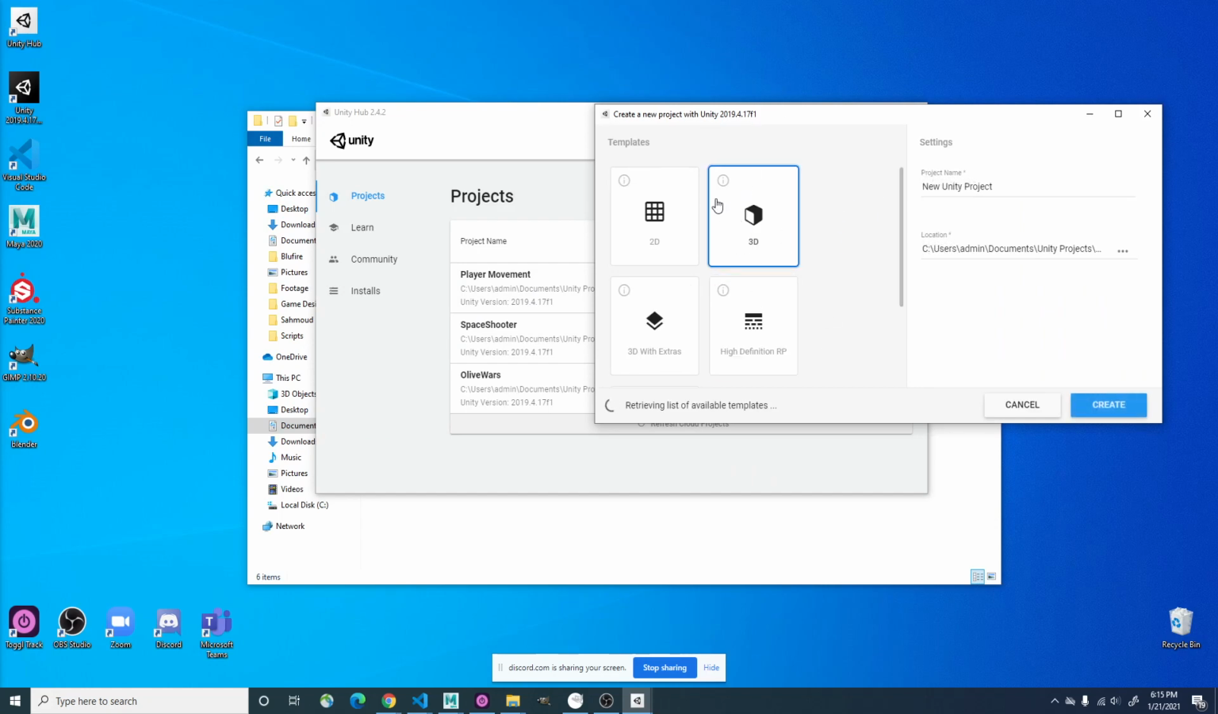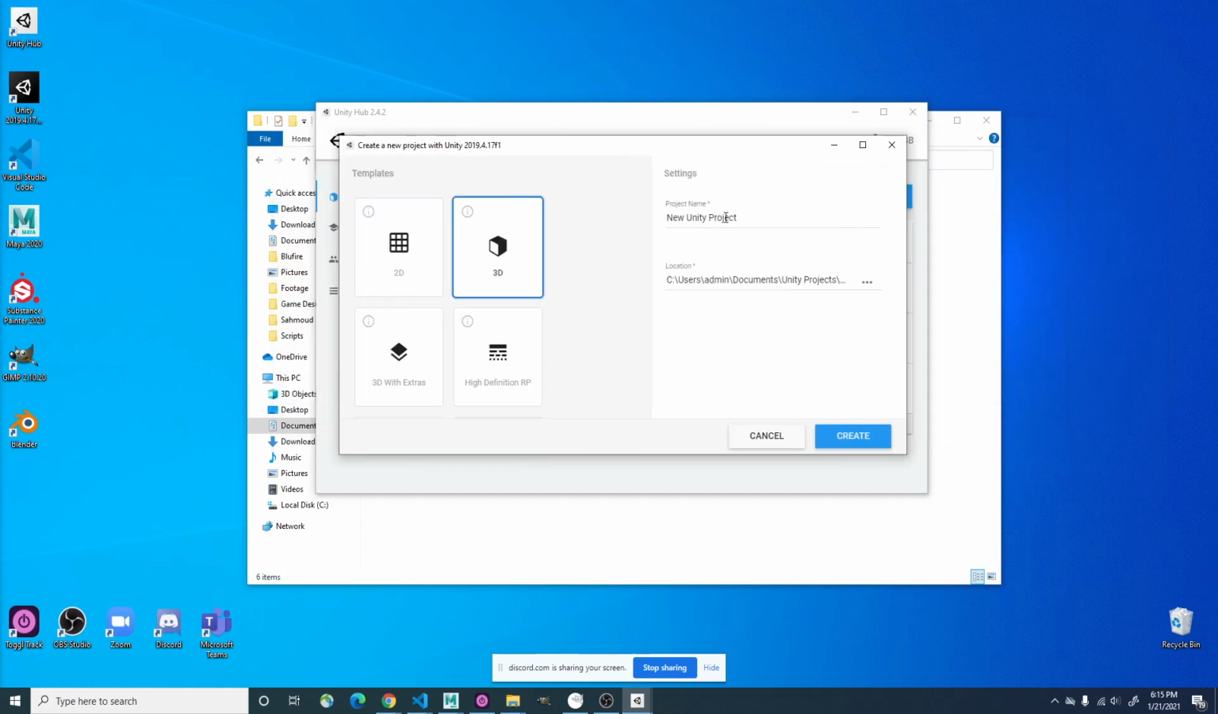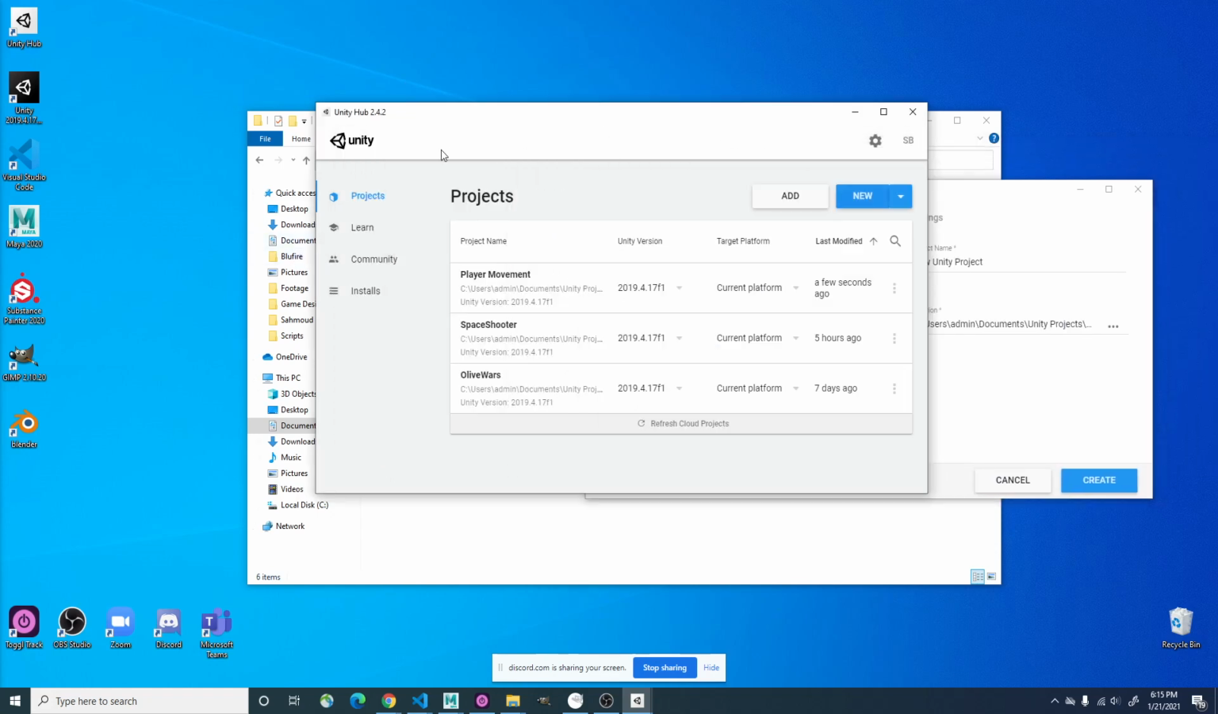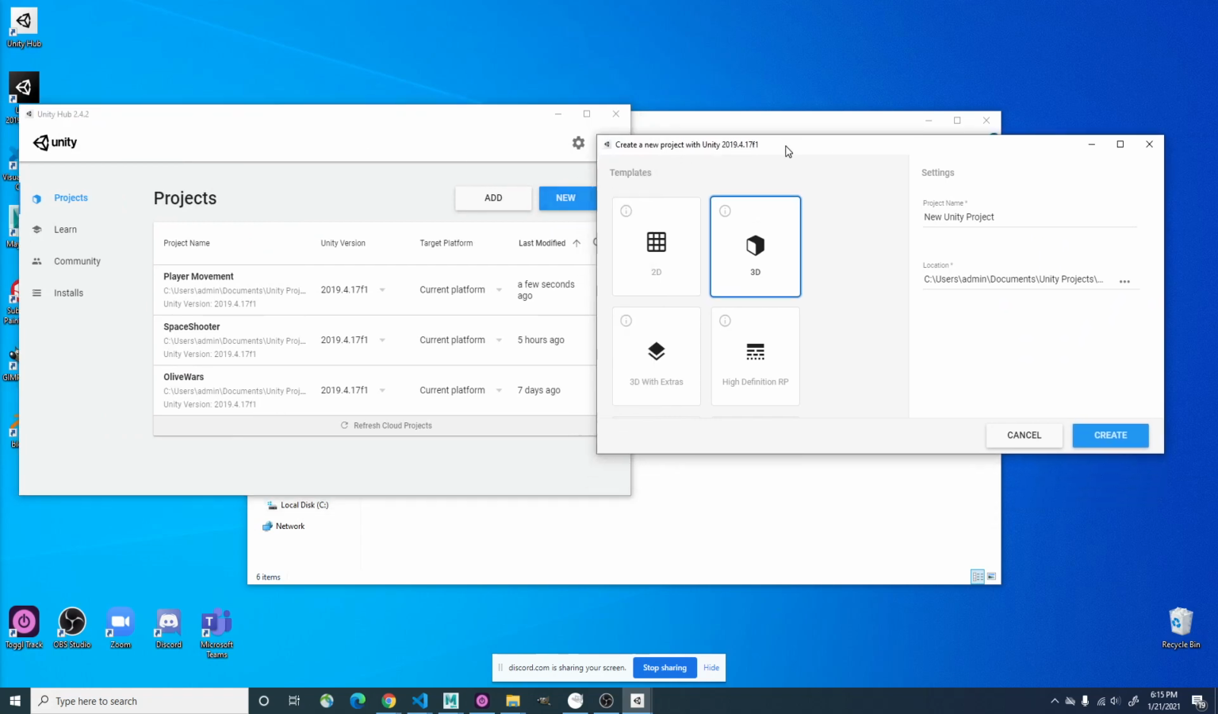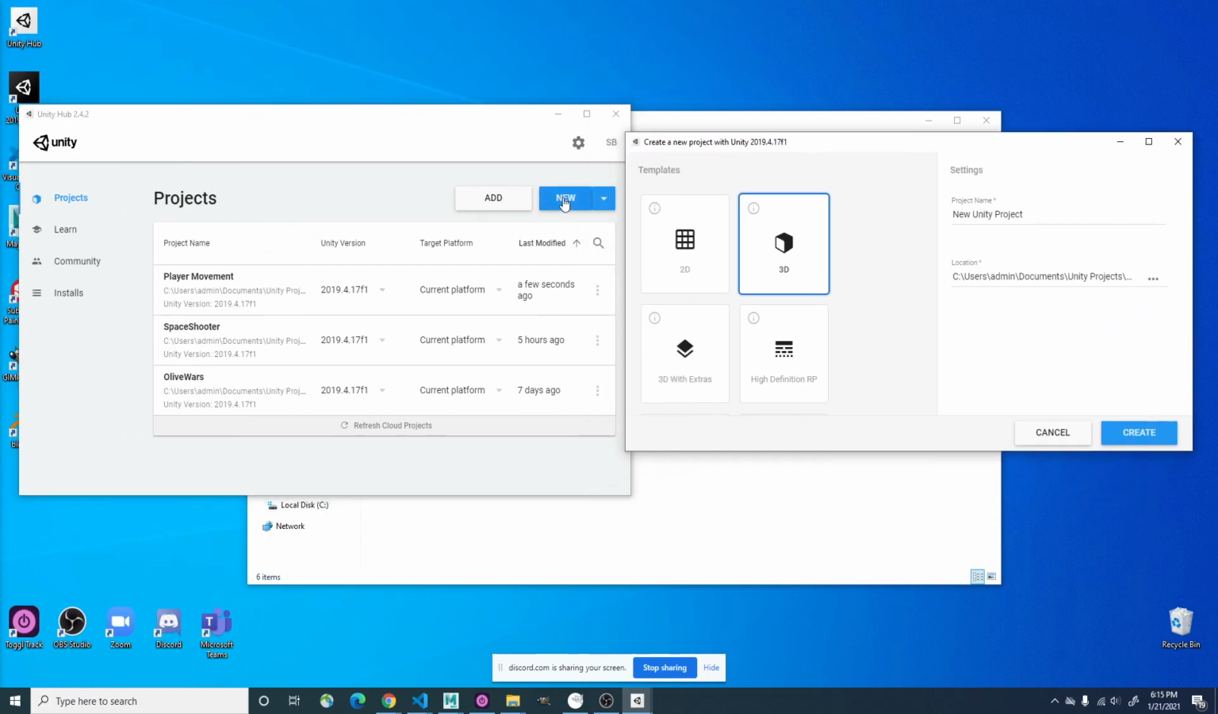Yeah, then you're just gonna do the default 3D one for now. So if everybody wants to just make sure that you have a project open, in Unity Hub, you hit this new button in the projects tab. So it's projects, learn, community, and installs. So I'll go to projects, new,